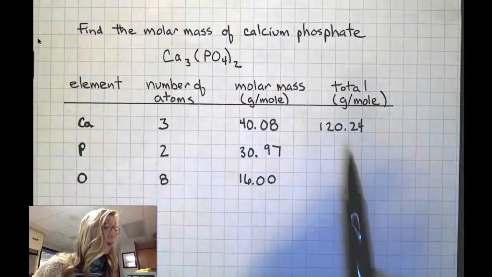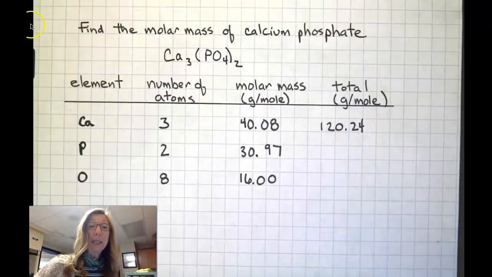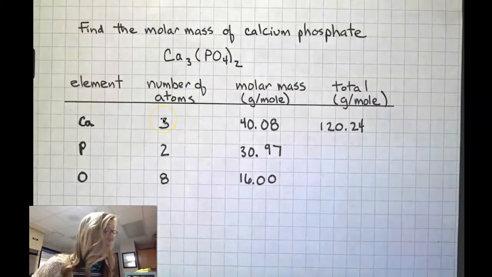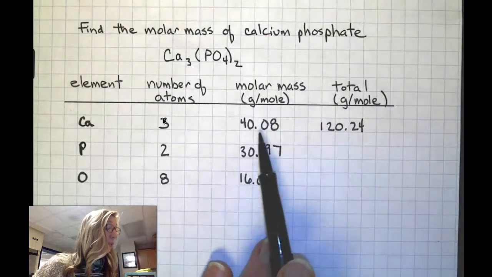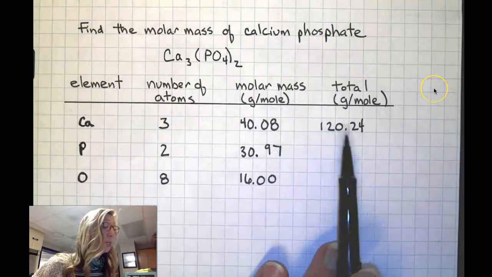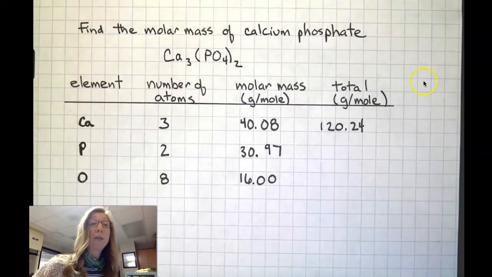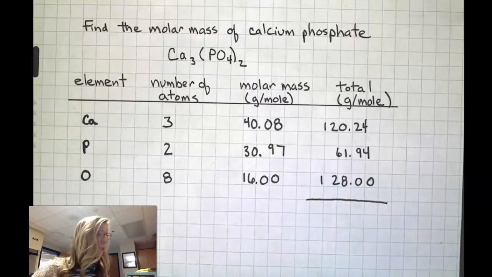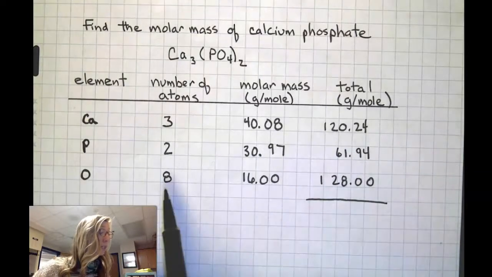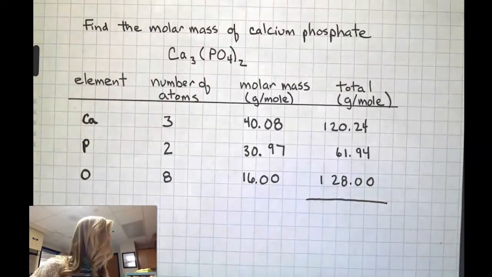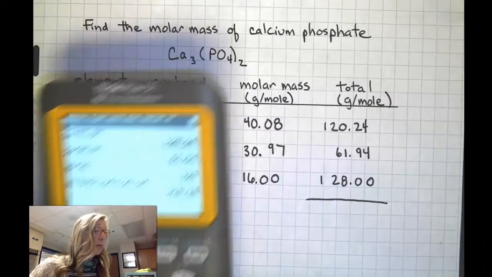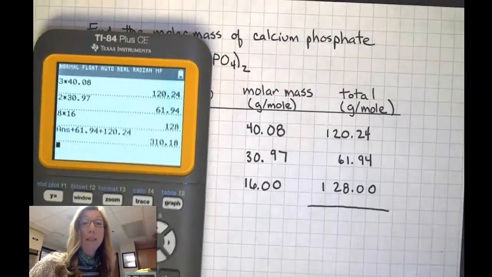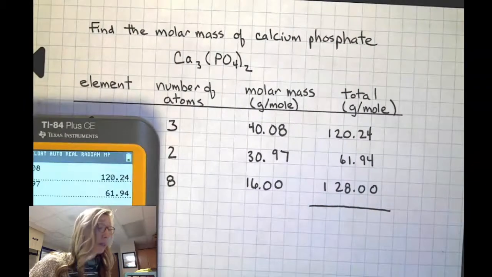Next, we have to find the total for each element, the total amount each element is going to contribute to the molar mass. So we have 3 atoms and a molar mass of 40.08, and I multiply those 2 to get the total contribution of calcium to the molar mass. Next, I will do that for phosphorus, 2 times the molar mass of phosphorus, and oxygen, and I will get my totals. Last step, I will take all those totals and add them up in order to find the molar mass of calcium phosphate, which turned out to be